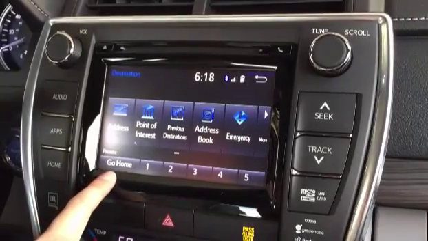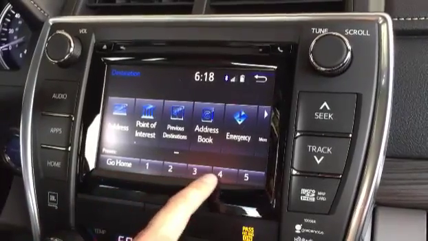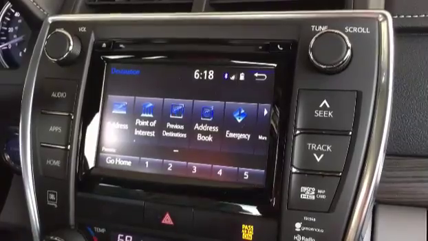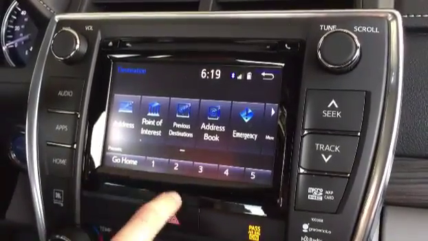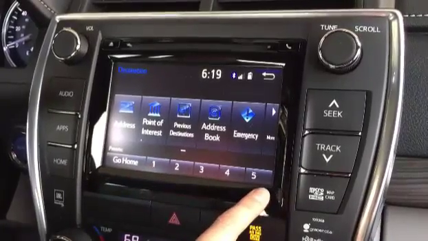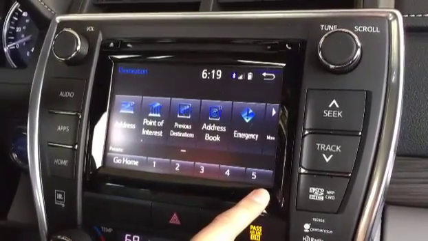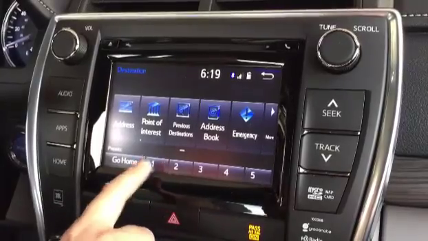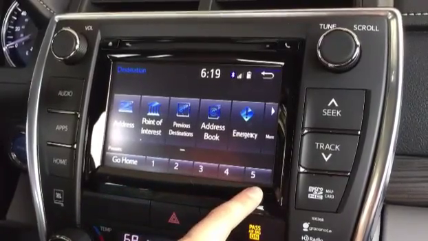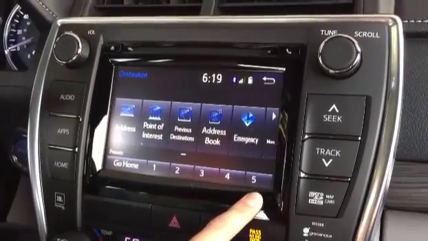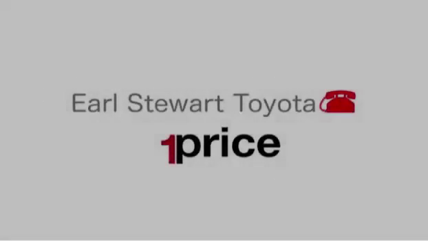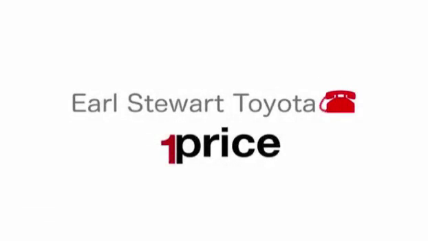And you'll notice that this is labeled Go Home, but the other five options do not have space for lettering. So it will only list a symbol. If you do not choose a symbol, it will be a blue flag, and then you'll have 5 blue flags and you won't know what they go to. So I highly recommend for these other options that you select a symbol that will remind you of what you have put there for a destination. Earl Stewart,